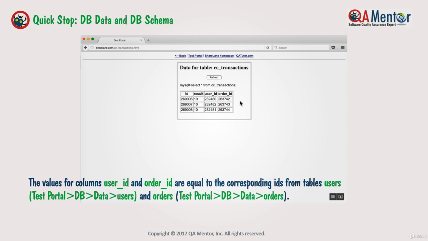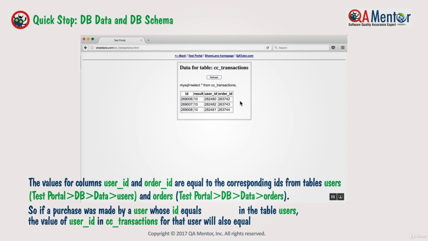The values for columns User ID and Order ID are equal to the corresponding IDs from table users: Test Portal, DB, Data, Users, and Orders, Test Portal, DB, Data, Orders. So if a purchase was made by a user whose ID equals in the table Users, the values of User ID in CC Transactions for that user will also equal